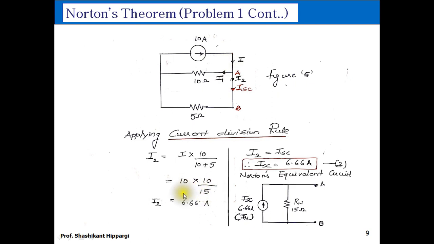So if I calculate this, then the current I2 is around 6.66 amperes, or it can be written as 6.67 amperes also. But we know that I2 itself is ISC. So I2 is equal to ISC, then ISC will be equal to 6.66 amperes or 6.67 amperes. So if I try to draw the Norton's equivalent,